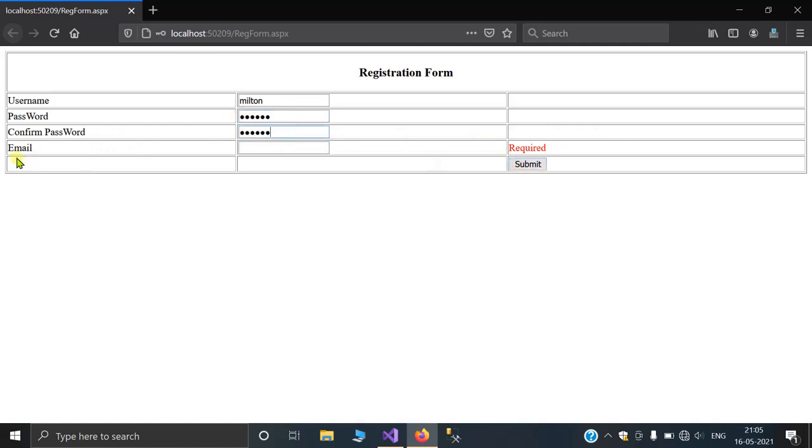And for a valid email address, I had included a regular expression to validate it. If I put an invalid email address like that, it will show invalid email address.